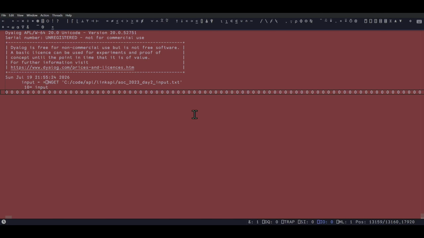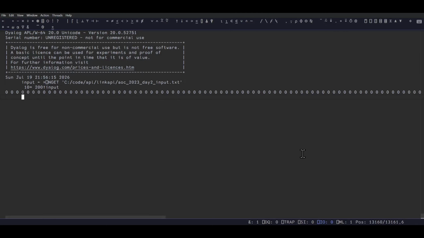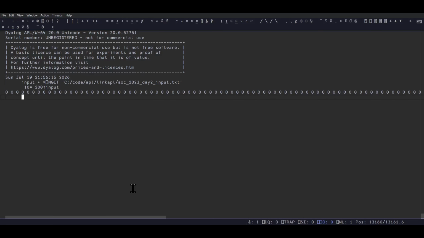Okay, so maybe that's not the plan. Hold the phone, I did not have rows on. Let me try this again. We're simply not going to print out the input. Or if we do this, we'll take the first 200. There you go. That must have been a wrapping thing. None of these are equal to 10, which sort of makes sense. But if we look at the first 200, there's got to be a new line here. Oh, there it is.